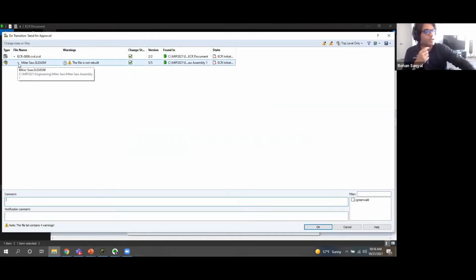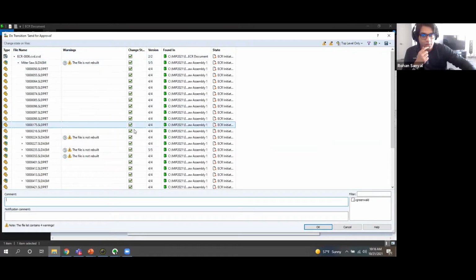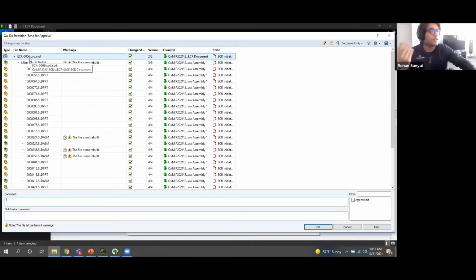So it's going to bring the miter saw assembly along with it, along with all of the subcomponents right there. So the approval is actually happening here where it's seeing all those components and everything like that, and it's bringing it all in one shot. I don't have to choose the assembly. All I have to worry about as a user in this environment is the virtual document, AKA the engineering change